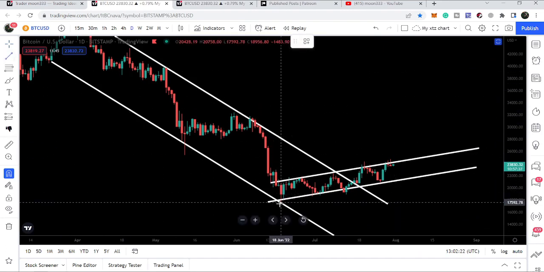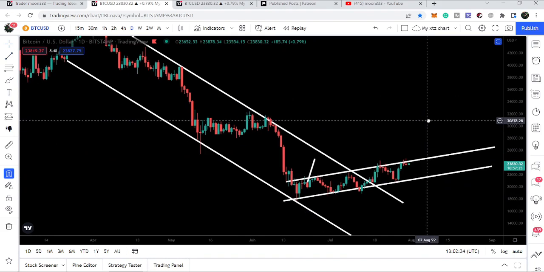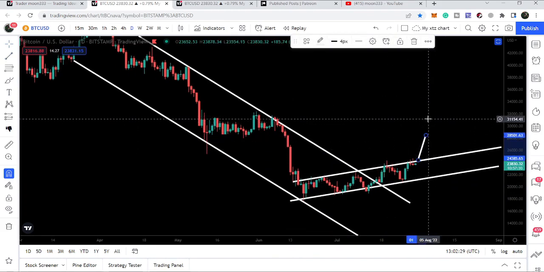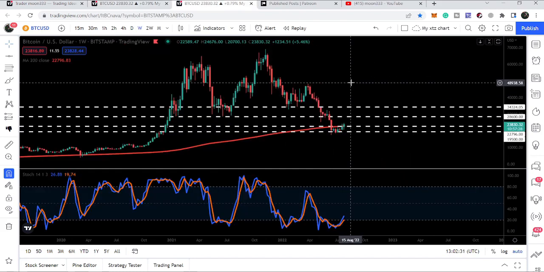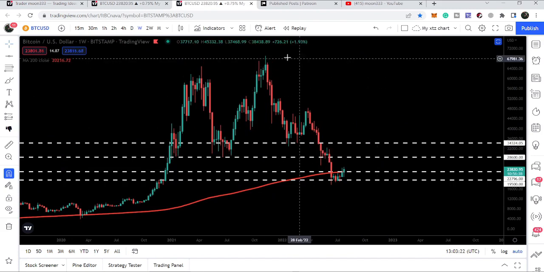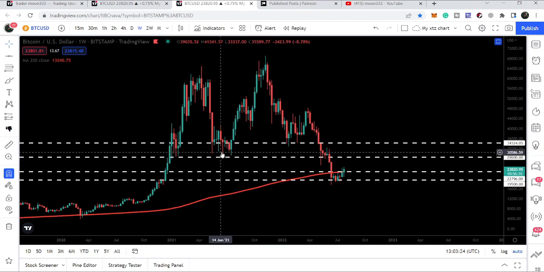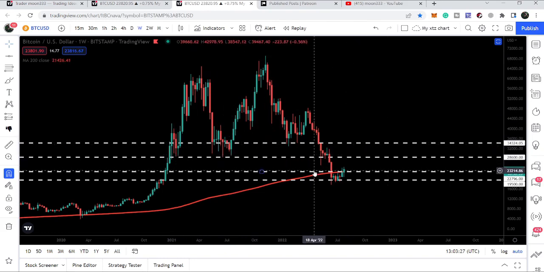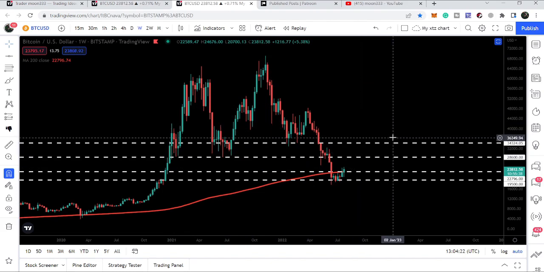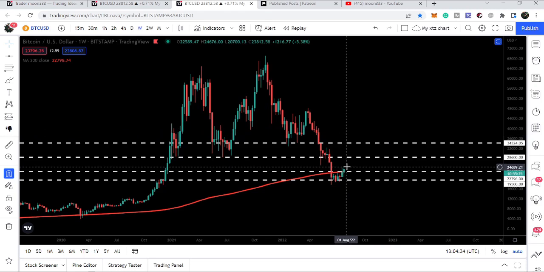And if we take a look at the target for this channel, for example, if we will break out from here, that will be approximately at $28,500. That is very close to this next key resistance of $28,600. And after breaking out this level, it can again work as a strong support, like it has been working as strong support here, here, and here as well. And after breaking out, it will again flip into a strong support. Now the next few hours can be game changing for Bitcoin. After breaking out this 200 weekly simple moving average, we can expect massive developments on the Bitcoin chart.